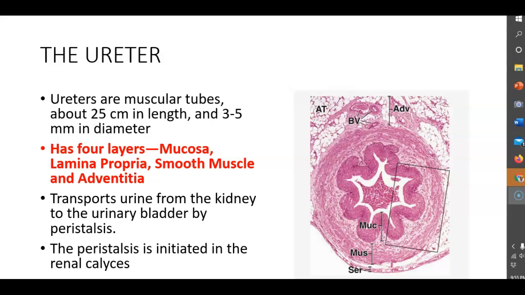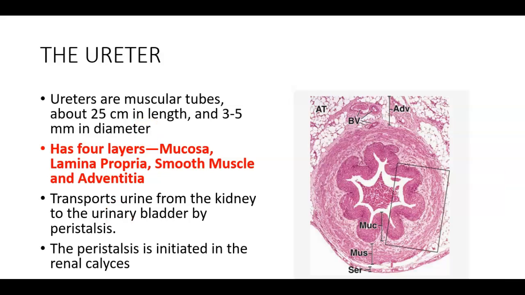What are the ureters? Ureters are two muscular tubes about 25 centimeters in length, and half of the ureter is in the abdomen, half of the ureter is in the pelvis, and it is about 3 to 5 millimeters in diameter. So this is the ureter, and its diameter is 3 to 5 millimeters, and it is 25 centimeters or 10